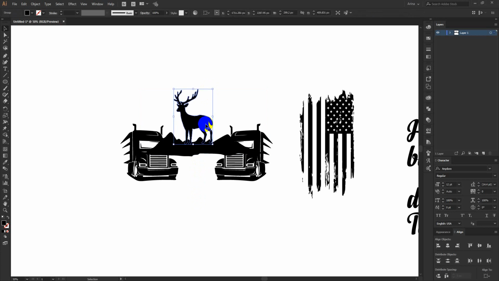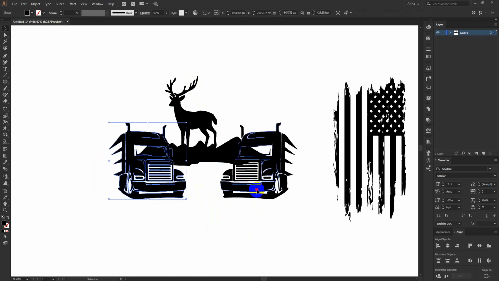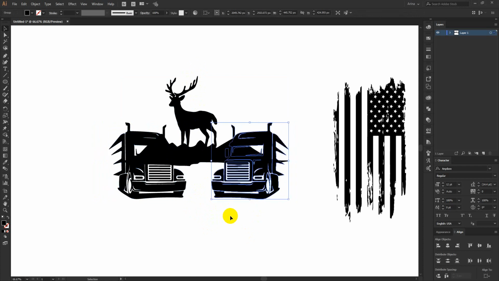This design has the hunting option and the truck driving also. If this is my job and this is my hobby, then I will definitely buy this design. So this is how we actually try to target our niche or convert our niche into designs.